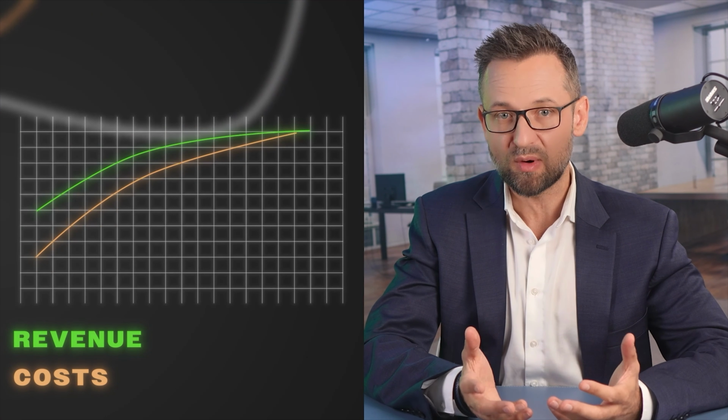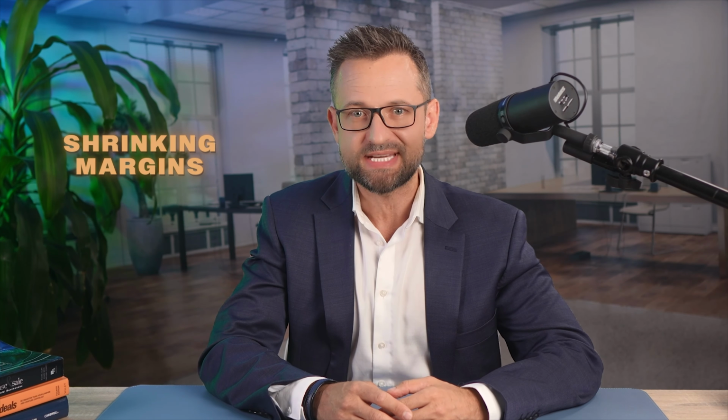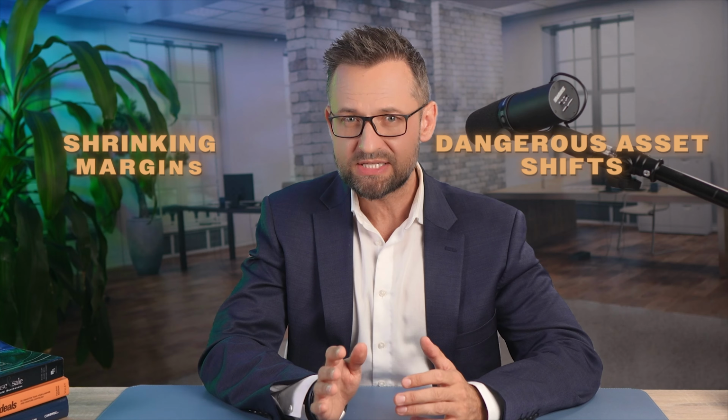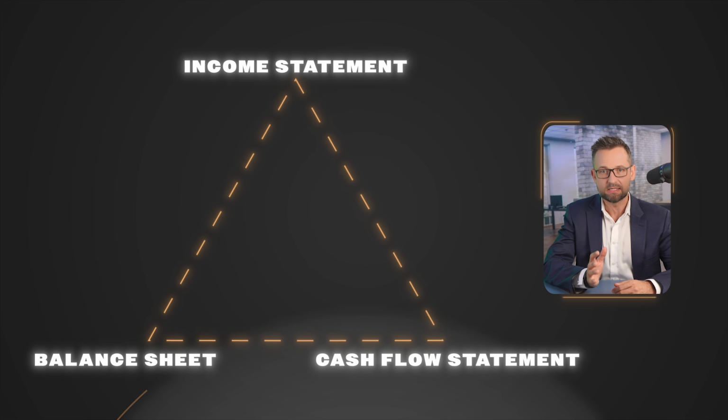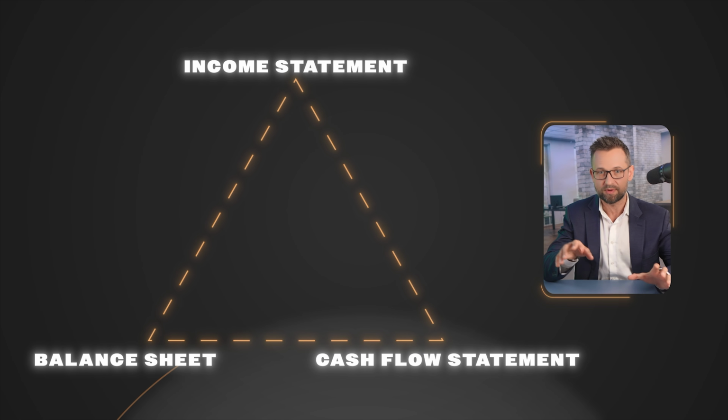Horizontal analysis showed us that costs were growing faster than revenue. Vertical analysis revealed shrinking margins and dangerous asset shifts. But to see the complete picture, let's look at all statements together. Cross-statement analysis is where you connect the dots between all three financial reports, and it's often where the biggest red